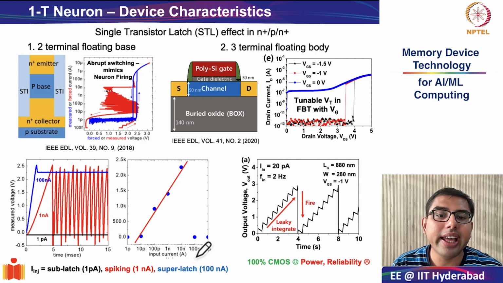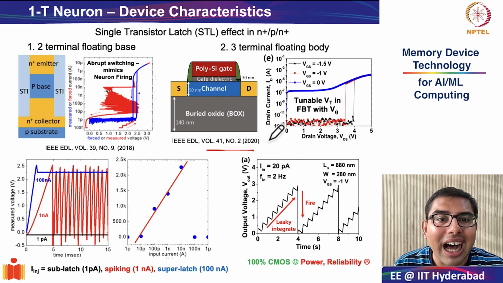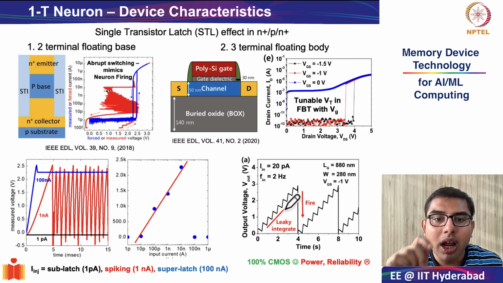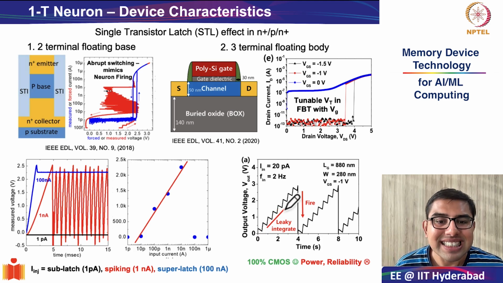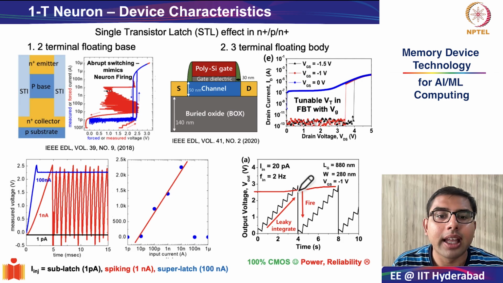Similar leaky integrate fire behavior also has been shown in other works such as the 3-terminal floating body device. As you can see, there is this leaky integrate phase that you can observe when pulsed inputs are sent in the injecting terminal, and once it reaches the threshold condition of roughly 2.5 volts, there is an